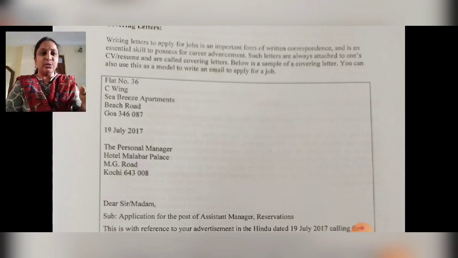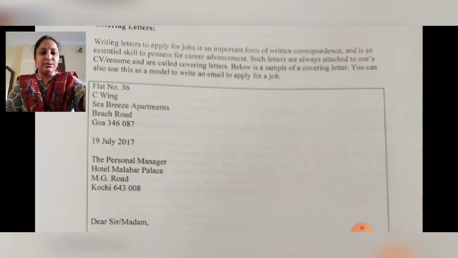Everything is aligned to the left, and in the top left corner we have the from address. Because you are writing the letter, your address should come first. If you have observed over here, door number, the name of the street, the place, and the state or the country. These are the details given. You don't have any punctuation over here. After a flat number a dot is accepted, but after the words you don't have any punctuation. This is called open-ended punctuation, which I have already mentioned in Unit 4.